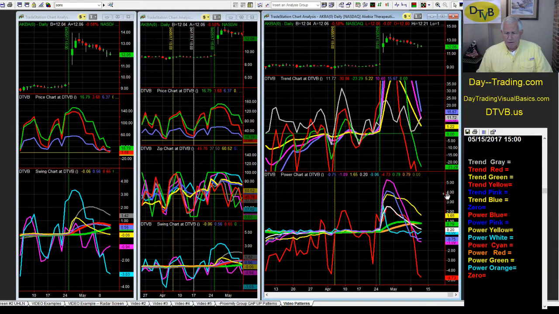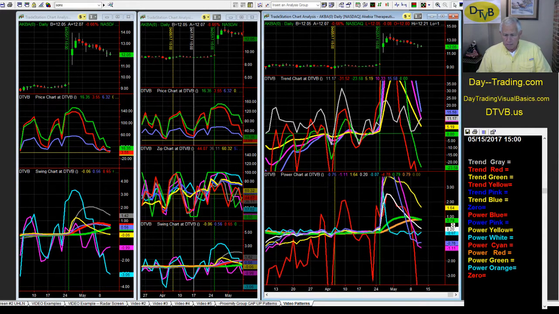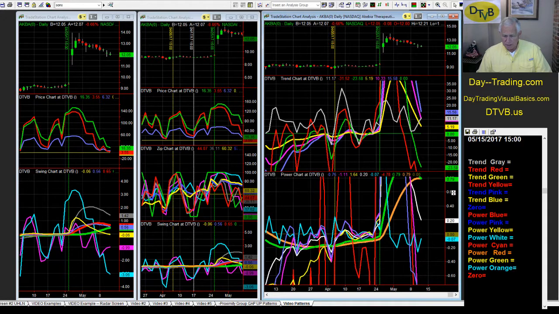So now the other thing that I want to point out to you here is the main reason why this thing has gapped up on the day that it gapped up. Now keep in mind, I'm looking at the green vertical line day. So on the green vertical line day, we have what is a classic power 4 low angle up. The pink, blue, white, and yellow are in a low angle up position above the power orange, and we have